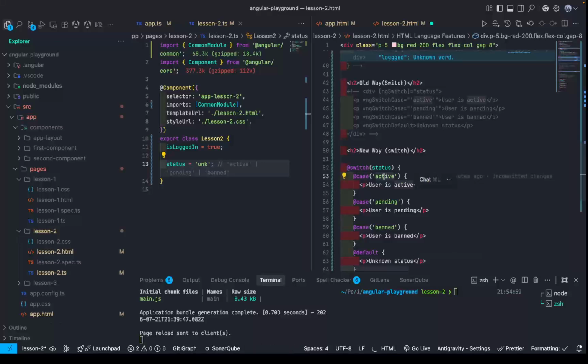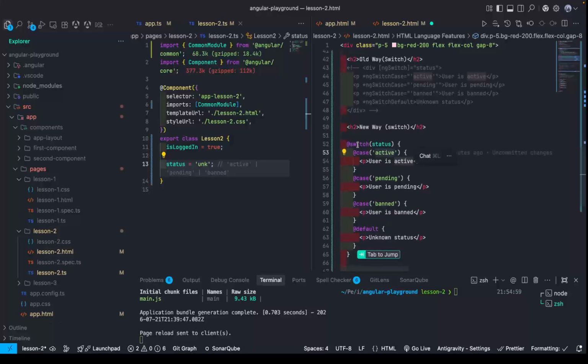Then inside it, you are going to pass the value you are looking for. So if the status now is active, this is the only thing it will do. If the status is pending, this is the only thing it will do. Anything you put in the bracket, those are the only things it will do there. And if the status is banned, this is the only thing it will do. But if none of them is matching, then it's going to fall under the